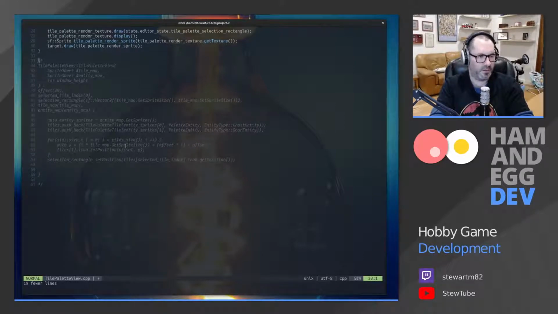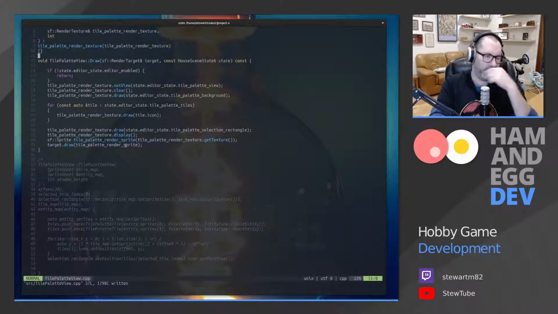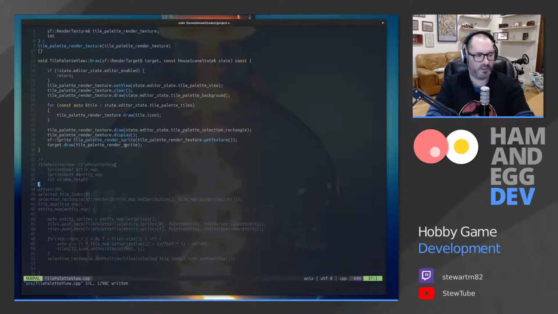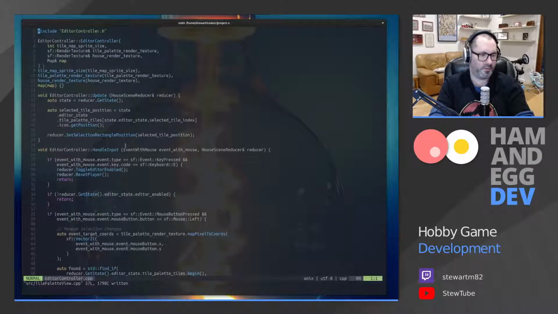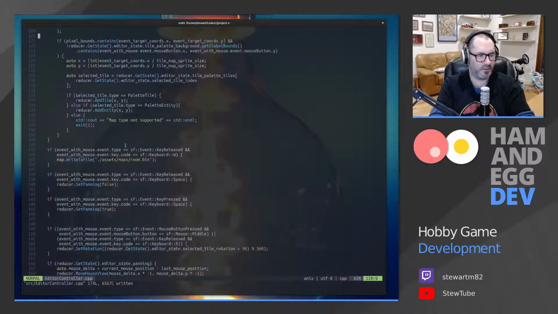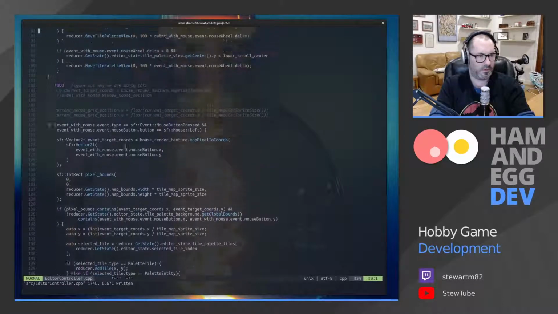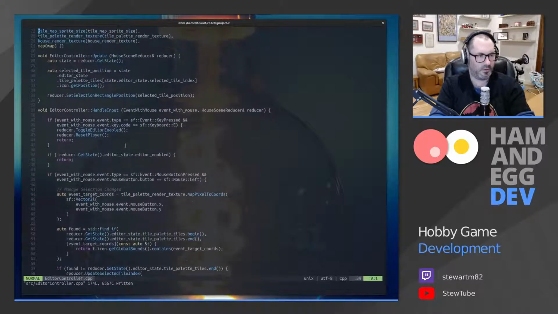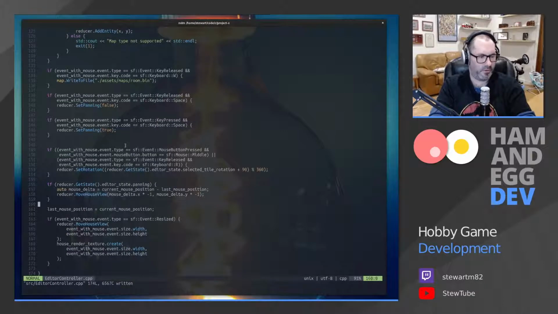And then, okay, these are the other two entity sprites. Yeah, so we probably need to do these. Editor, but even more than that, I kind of just want to do this panning thing. Now, I would have thought,